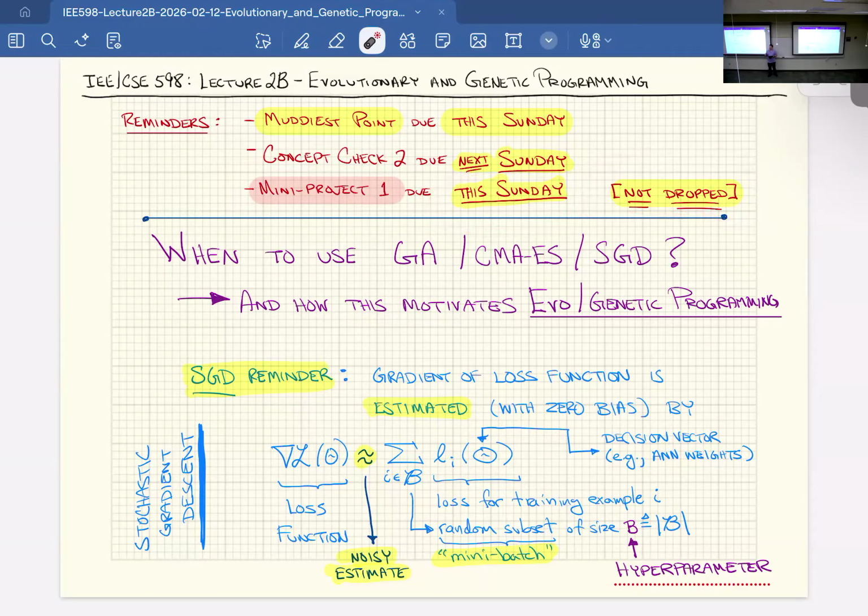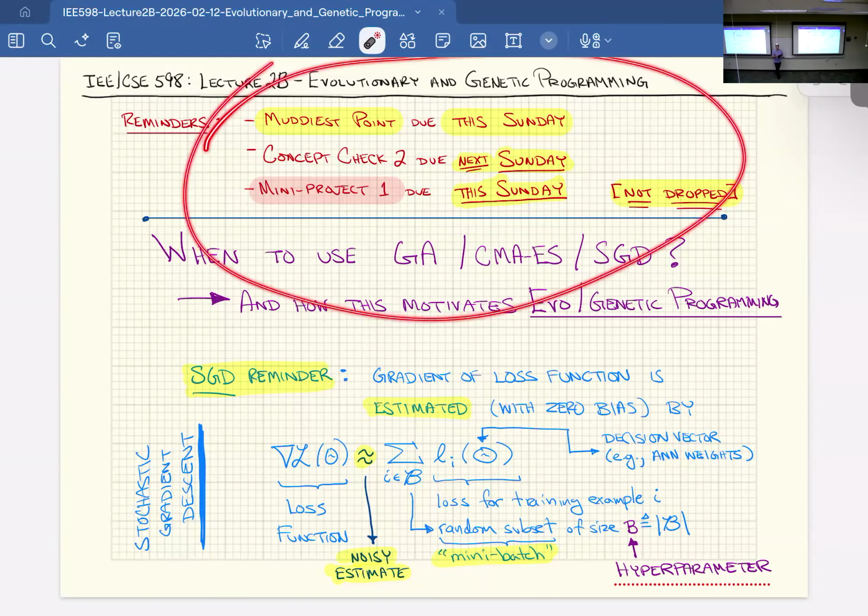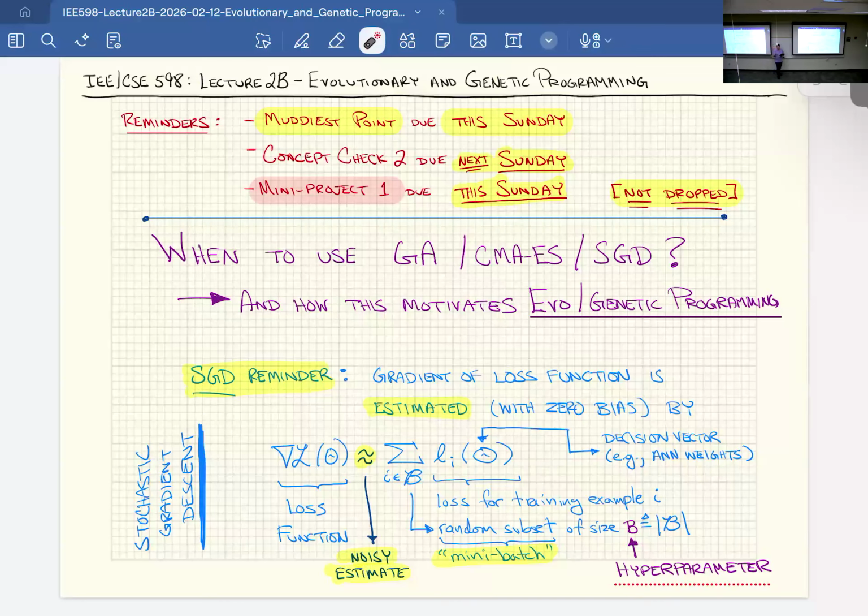So before we move on, are there any lingering questions anybody wanted to bring up about Tuesday's lecture, about CMA-ES, or anything having to do with announcements coming up? If anything does come up, of course, put it in the muddiest point. Happy to respond there. That's like asynchronous office hours. I do have office hours Mondays at 4 p.m., so if you missed that, those are available too. Or just feel free to send me a Slack DM, an email, or a Canvas message. If you have any questions that come up and you want to bring them up in class, feel free to do that.